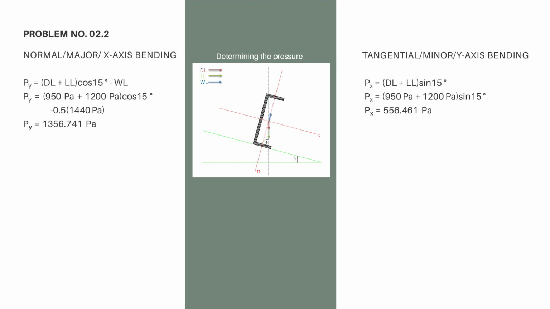For problem number 2.2, we are going to consider the leeward side. So, as I have said earlier, yung wind load ay nag-a-act lang sa normal axis of the roof or purlin surface. Sa leeward side, makikita natin na yung action ng wind load ay upward. So this means na binabawasan pa pala ng wind load yung stress na nararanasan ng purlins sa leeward side. So para makuha natin yung total pressure, i-subtract lang natin yung wind load sa